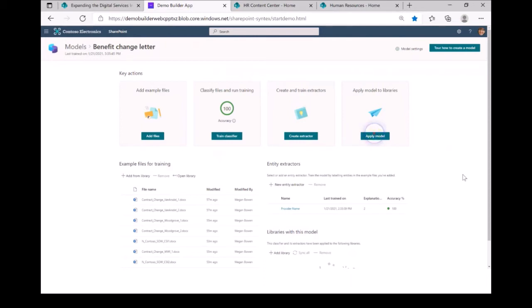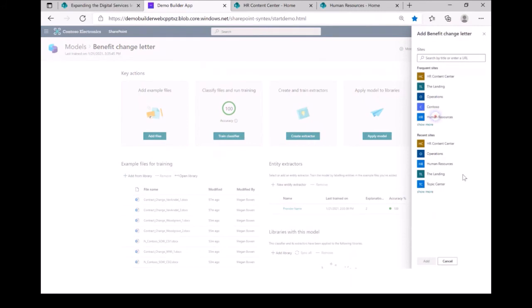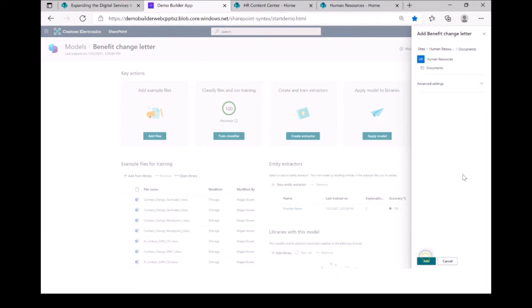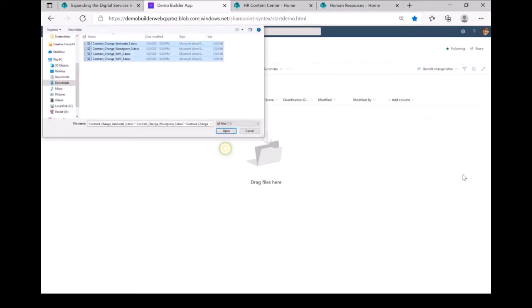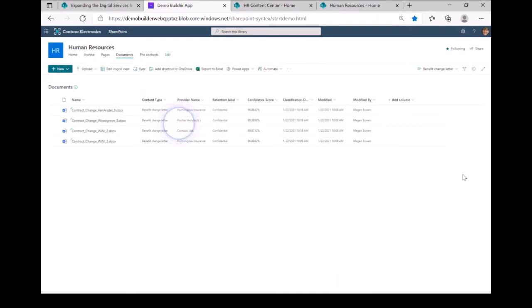So at this stage, we've defined the benefits change letter, we've defined information we want to extract from it, and now we want to use it. So it's as simple as pointing to a document library. Here we're using a document library in human resources, and in this example, a blank document library, we'll upload some documents. I'm going to be doing a live demo in a moment of the form processing. It takes about 30 seconds or so,